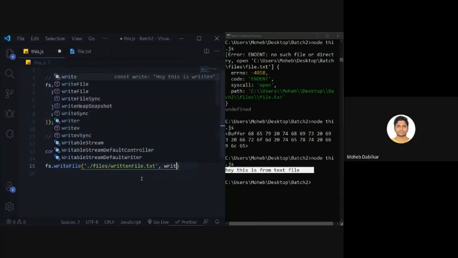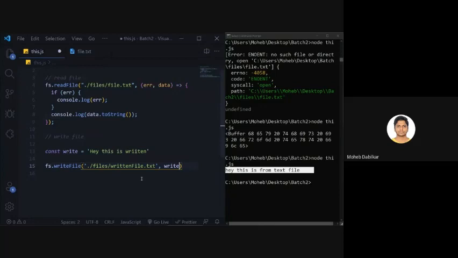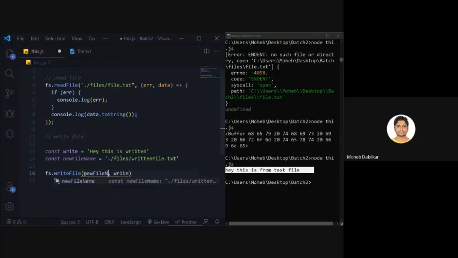All right, you don't want to pass in some variables directly, because you want this to be dynamic. Then what will you do? You will have to create a variable for that, right? So let's just say const file name also. Instead of file name, we will call it new file name. Okay, and then inside that we will say this part. So let's just copy this and paste it over here.